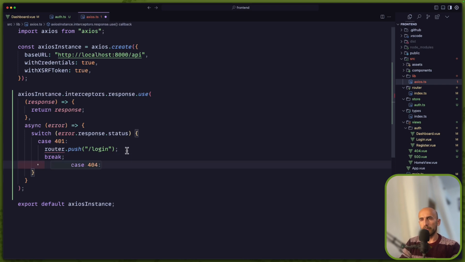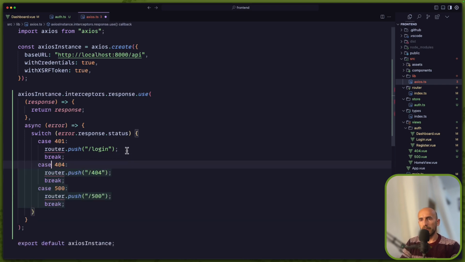In case of 404, push the 404. In case of 500, push the 500. In case of